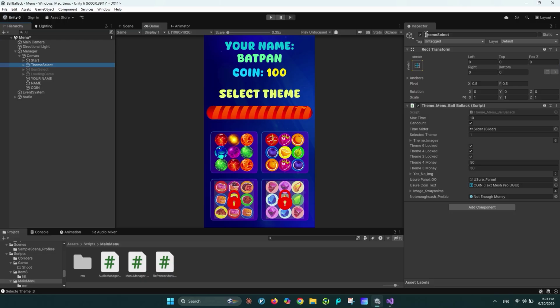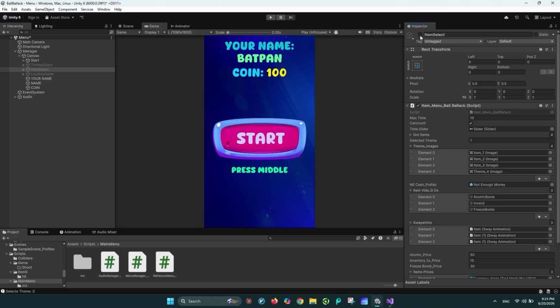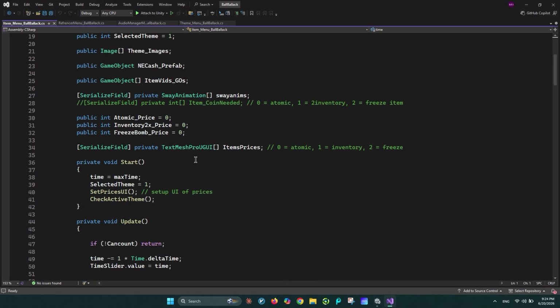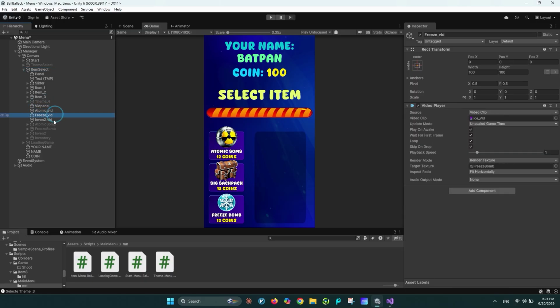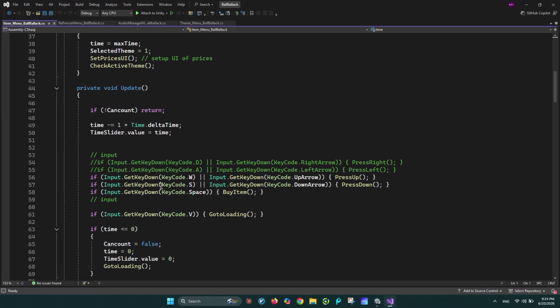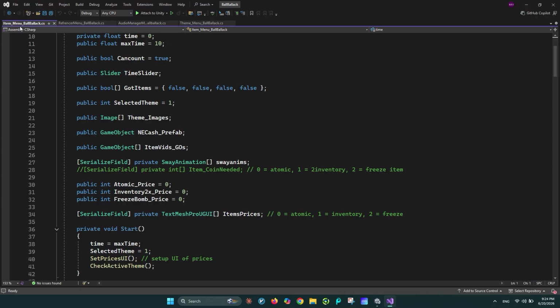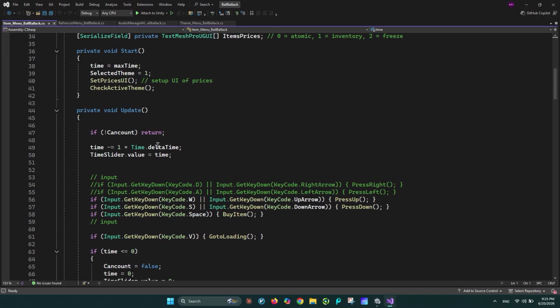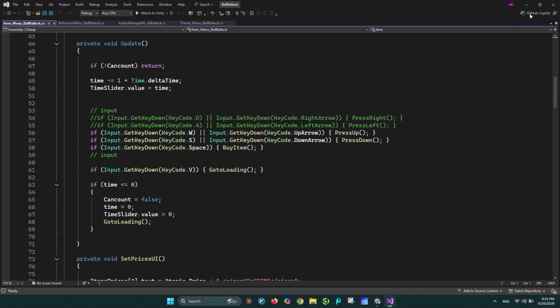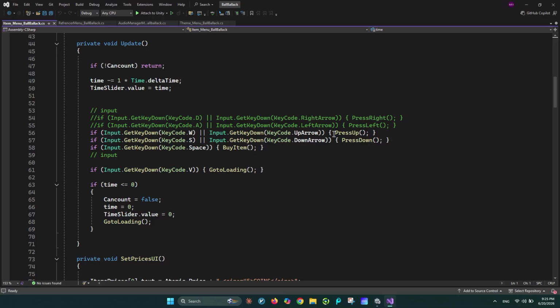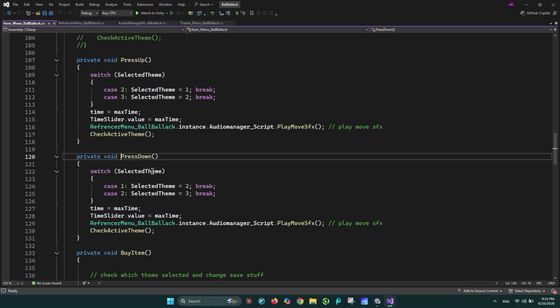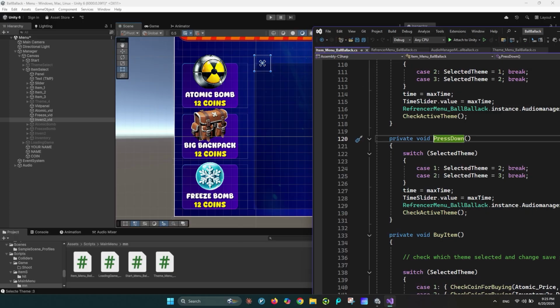And this was for the theme select. We have the same thing inside the item select. I'm going to open it for you guys. You see that we have a video player here. Each one has a video panel which holds the value for it. Inside this item menu where we can buy, we can either go up or down. We don't have left and right, we have either up or down, and I'm doing the same thing. If I press down, if I'm on 1, I go to 2. If I'm on 2, I go to 3,